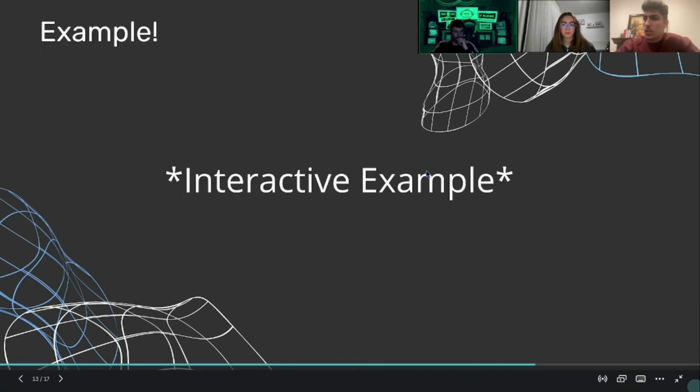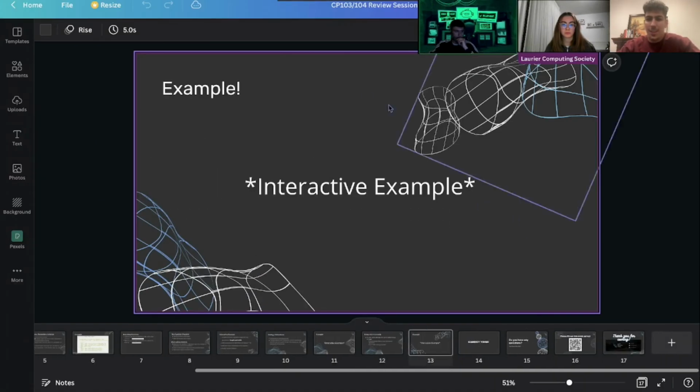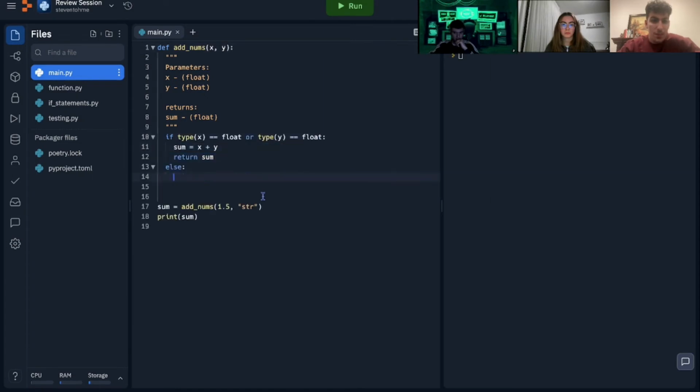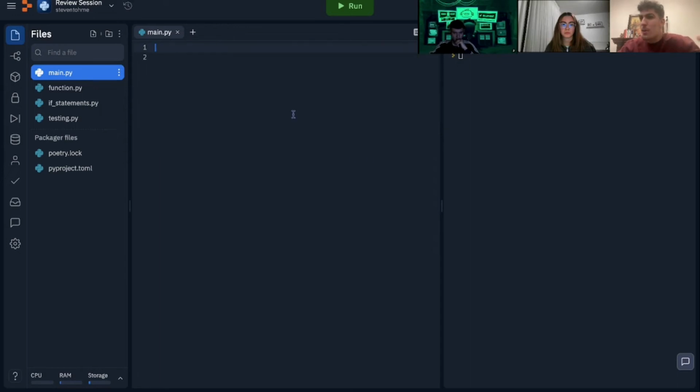All right, cool. So let's look at another example. Okay, let's get this back. Sorry, I had to delete it just because I did not realize Replit only let us use one file to actually execute code. Just give it a second here to come back. Oh, that's not good. Okay, well, looks like we're gonna have to come up with an example on the spot here. Okay, so let's say